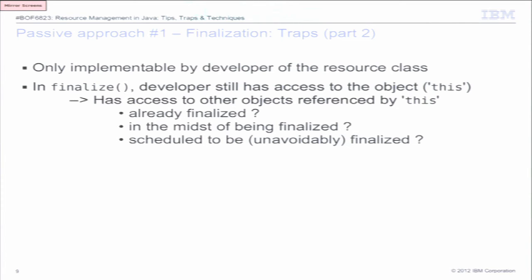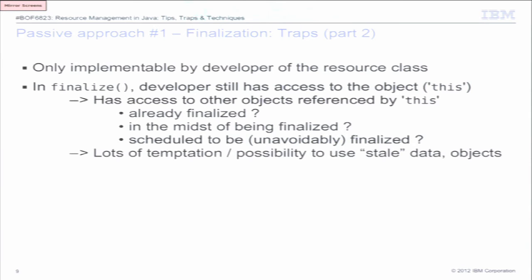They may be in the midst of being finalized, in the midst of actually running their finalize methods, or they may have yet to actually have their finalize method called, but be queued up, scheduled to be finalized, in which case they will have their finalize method called, even though it hasn't already happened. And that's basically all quite dangerous because there's lots of temptation and possibility to reach out and